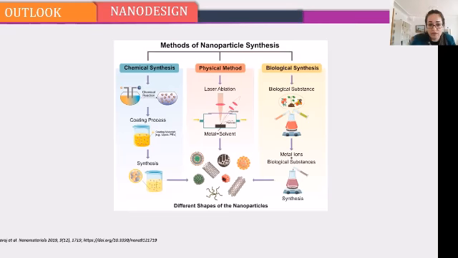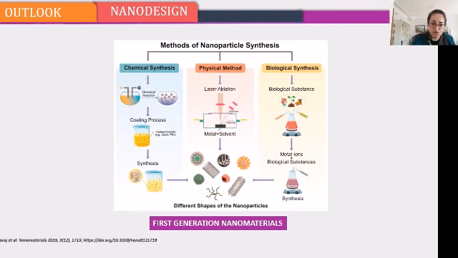What you will have in this case is first generation nanomaterial. What do I mean by first generation nanomaterial? It is the nanotechnology that we are already in. For almost the last 20 years, we have been using first generation nanomaterials. It is the one where you have pure nanomaterial, or sometimes a coating on it, for protection or for silencing some biological activity and so on. So what you have from this very first step will be the first generation nanomaterials.